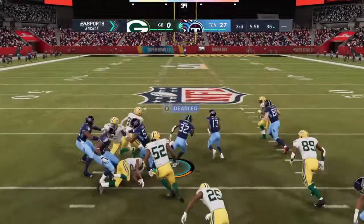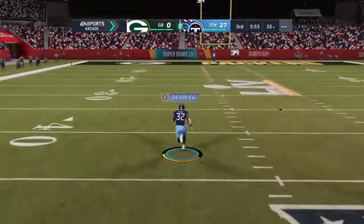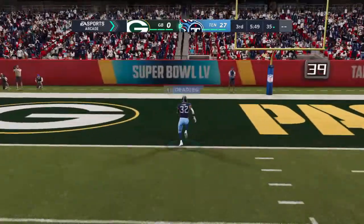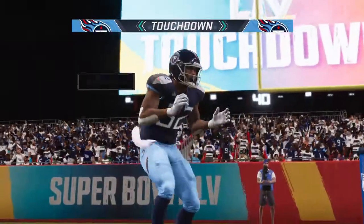Now a crease here as he's past the 30. Up to midfield. 30. Look at him go inside the 30. He will take this all the